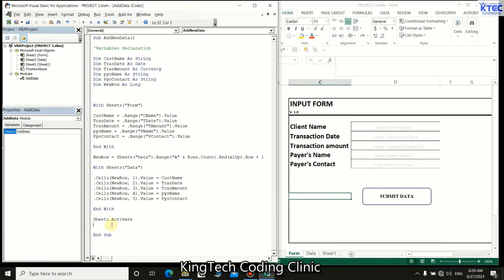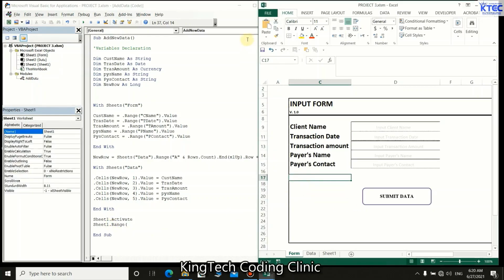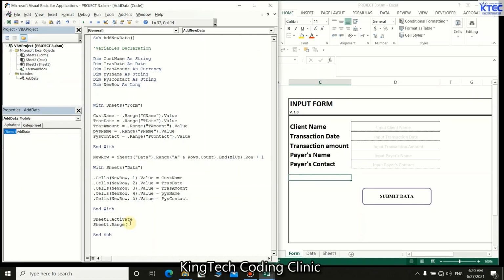So we say what? That same Sheet1.Range, which of the range into bracket, that is C17, right? It's going to be here, C17. So Control C to copy it, and just type it. Same, Control V to paste it, and then